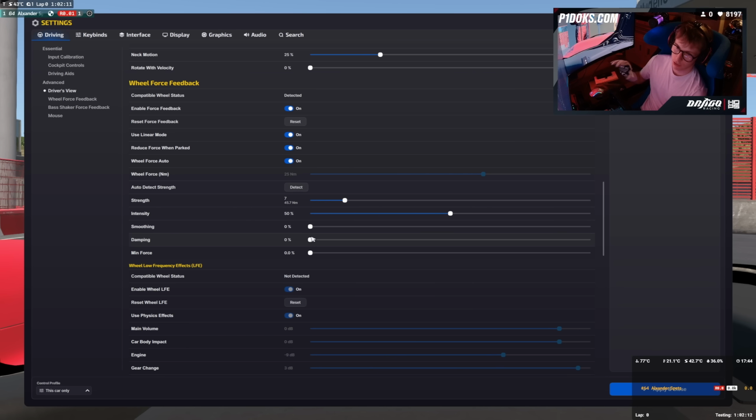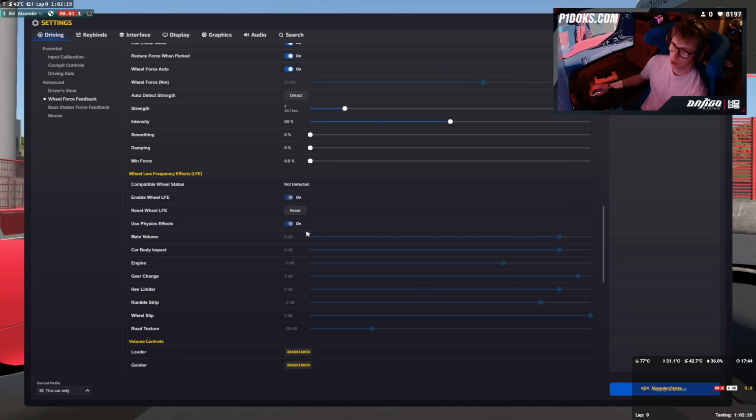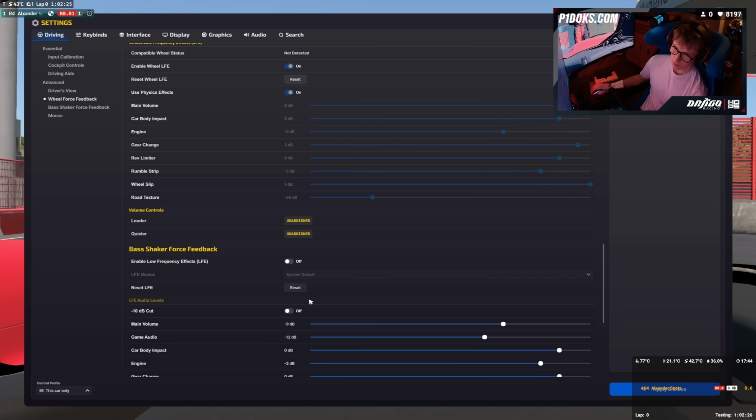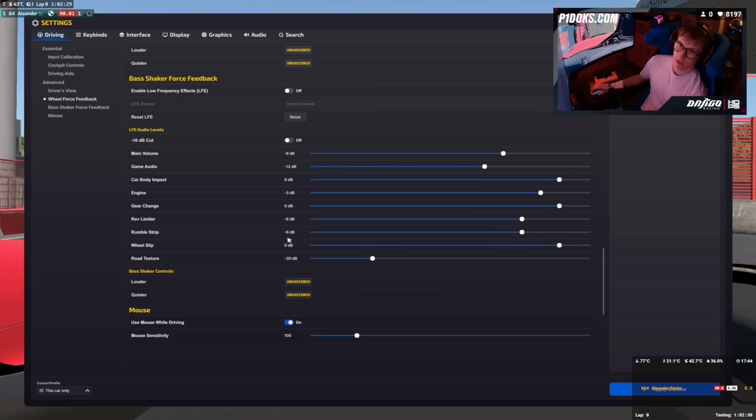In GT3s, I use slightly higher. All those settings 0, 0, 0. I don't use any iRacing dampening. I do all that in SimHub or Simucube. This is also just something that I've left on default, to be honest. I didn't touch anything on this. All the way down here. Here you can see my audio settings. So,